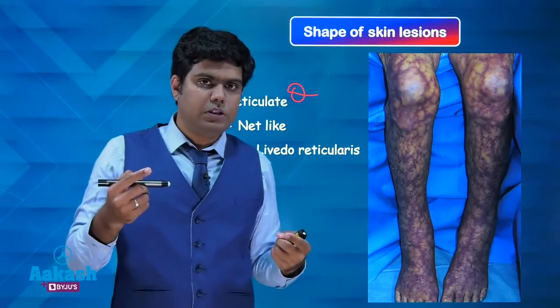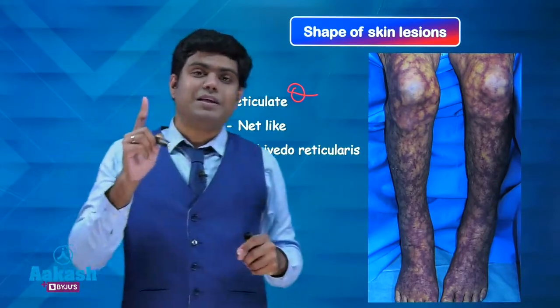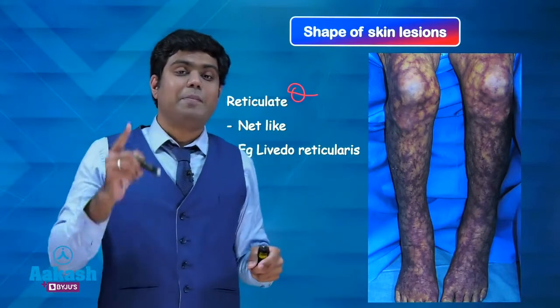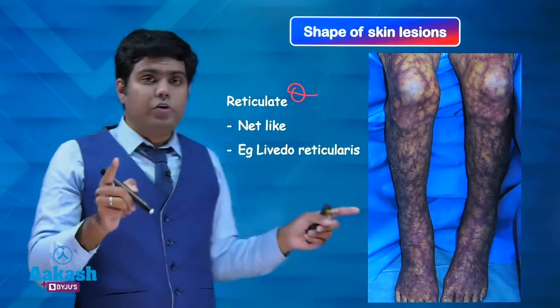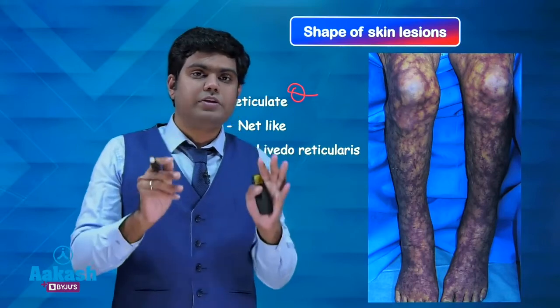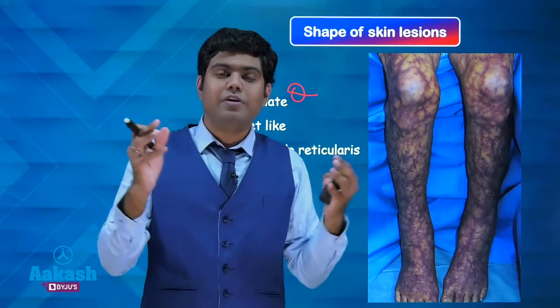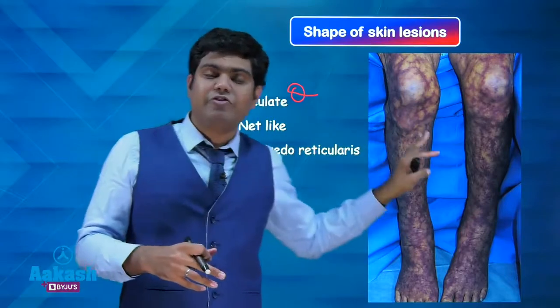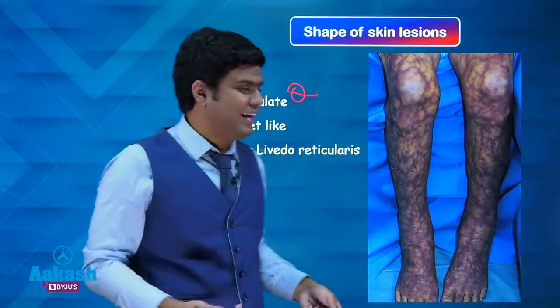Can you tell me one drug which can cause this adverse effect? Remember pharmacology? One drug that is used in Parkinson's that can cause livedo reticularis. The answer is amantadine, right? So you should try to correlate different subjects. Don't treat a subject independently. Try to integrate. In that way, you can better answer the questions and become a better doctor, right?